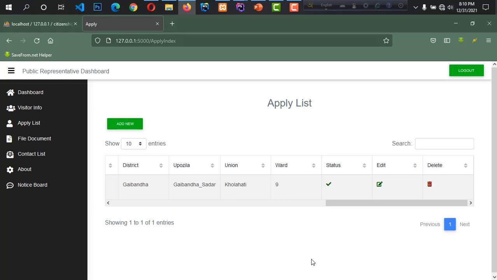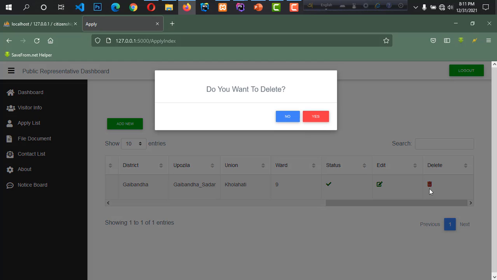So here a public representative can edit this data, and if this data is valid, then he can accept this application by clicking this mark. If this application is wrong, then he can refuse it.